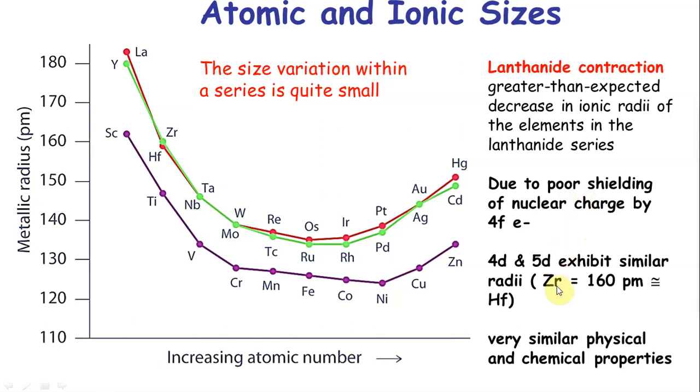Now the example that keeps coming is usually zirconium and hafnium. Zirconium and hafnium are pretty close. So you can see here hafnium is actually smaller, about 1 picometer smaller than zirconium. It's supposed to be larger because you're adding a shell, but it's actually smaller because of extremely poor shielding. Because of the similar size and same group, they have very similar physical and chemical properties.